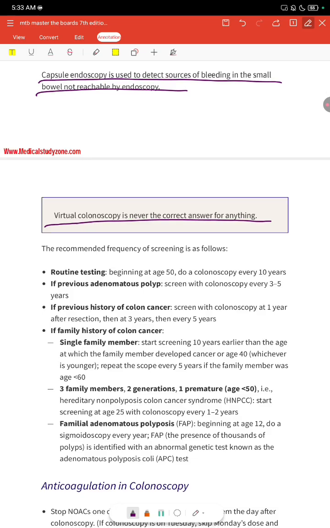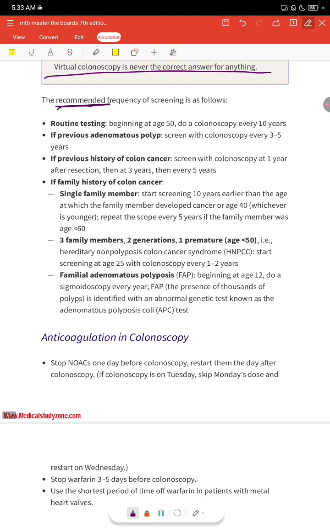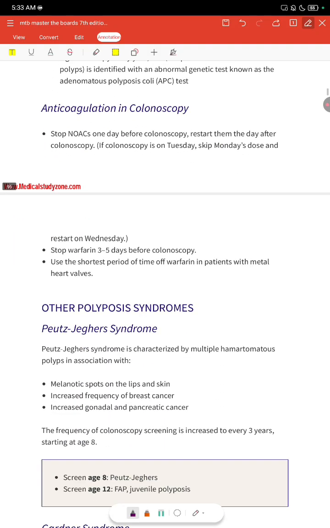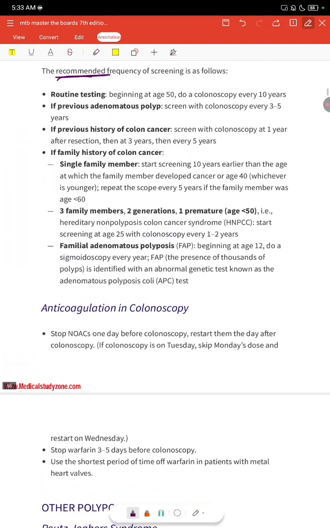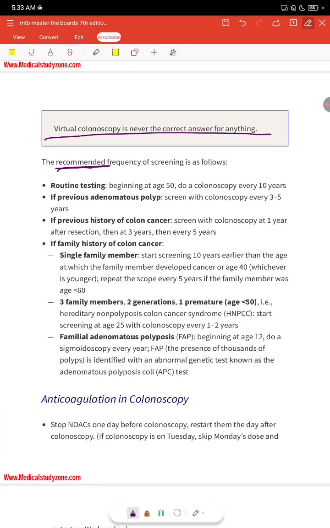The recommended frequency of screening is as follows. These are the important points from an MCQ point of view and a viva point of view. Routine testing, beginning at age 50, do a colonoscopy every 10 years. If previous adenomatous polyp, screen with colonoscopy every 3 to 5 years. If previous history of colon cancer, screen with colonoscopy at 1 year after resection, then at 3 years, then every